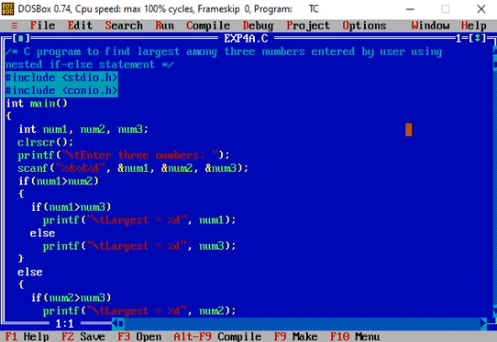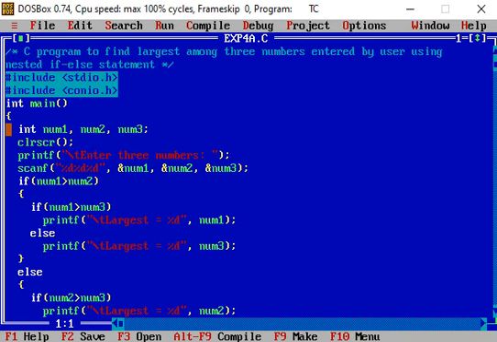Then int main(), open and close parenthesis, name of the function, and within open and close brace of the main function we write our code. So first statement int num1, num2, num3; semicolon. Three integer variables are declared or defined.